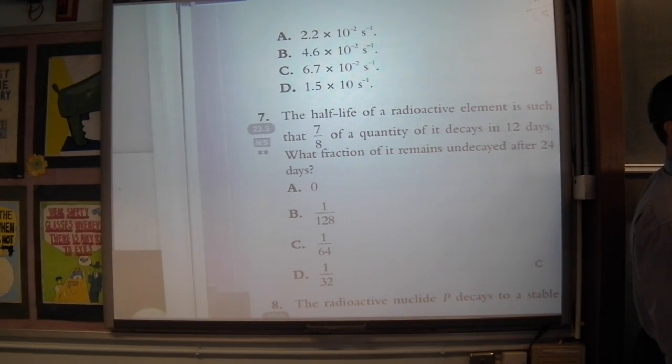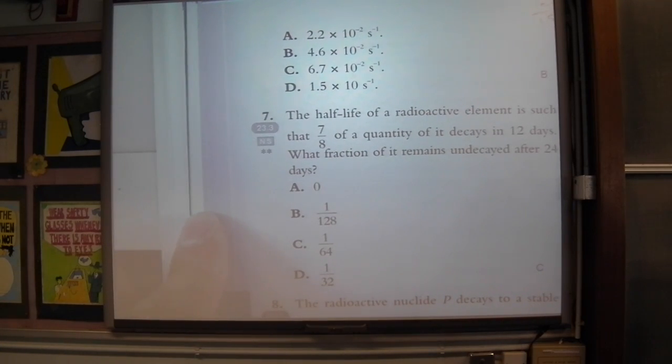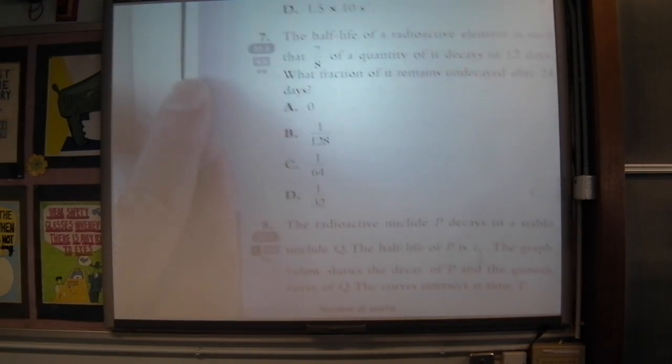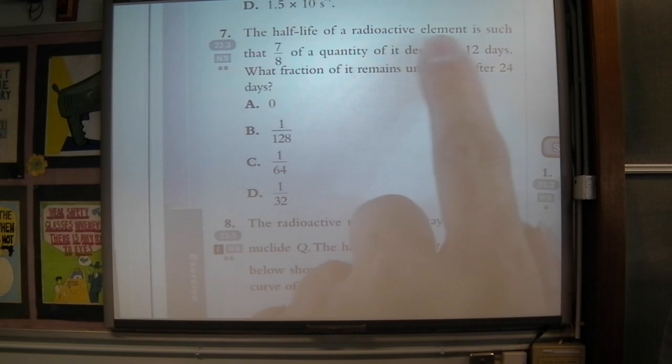It is just a calculation, but you are required to remember that formula. That formula is important, so you need to memorize it. The decay constant K and the half-life are related in this way. So K equals natural log 2 divided by half-life. You need to be familiar with this, because when doing these questions it will surely come up. This chapter doesn't have that much to test you on, so it's mostly calculations like these. Now number 7, the half-life of a radioactive element is such that